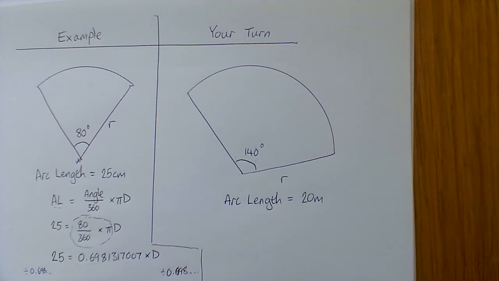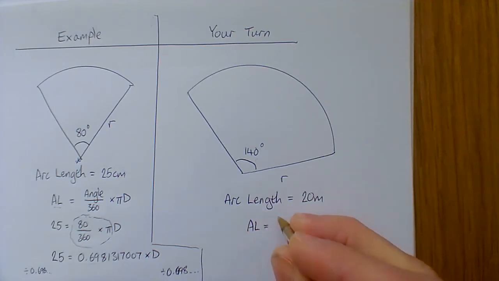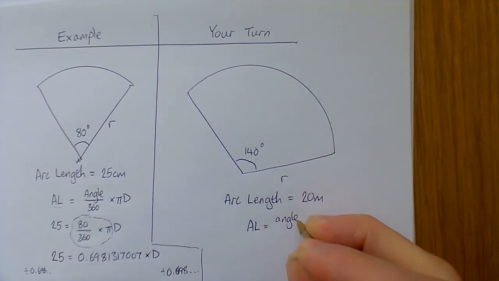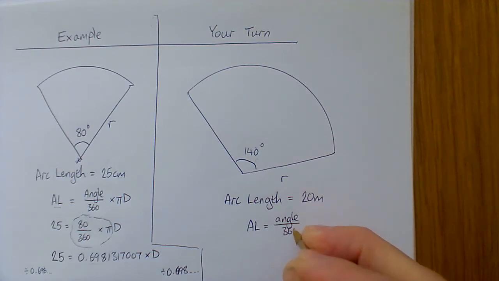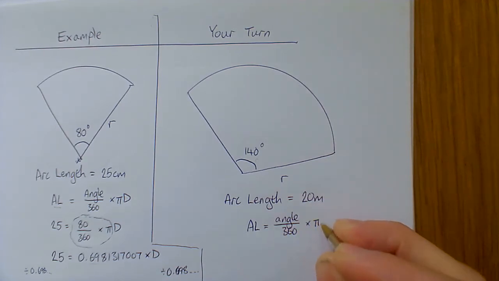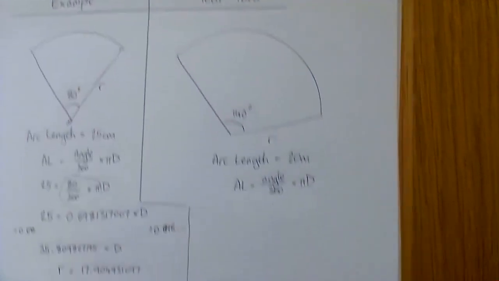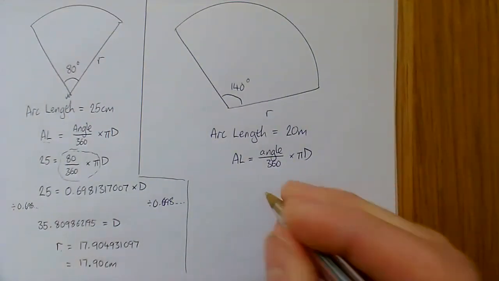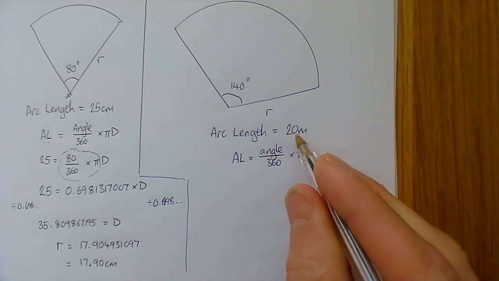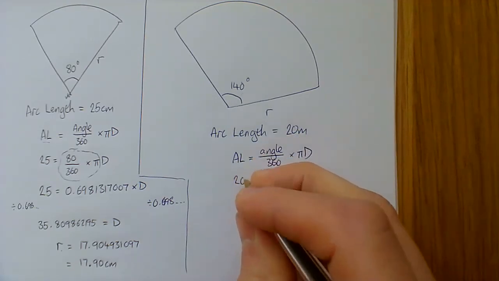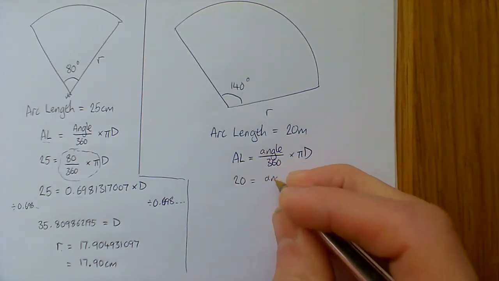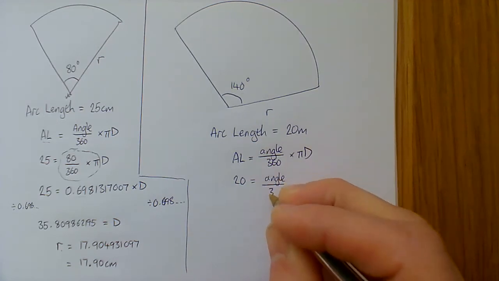Great. Hopefully you paused, you've had a go, and now you'll be able to check your answer, check your method that you've just used. First thing we always do, write down our formula. So there is our formula. Might have it on the other side of the page, but still, that's our first step. Put in the things we know. So arc length is 20. Angle over 360